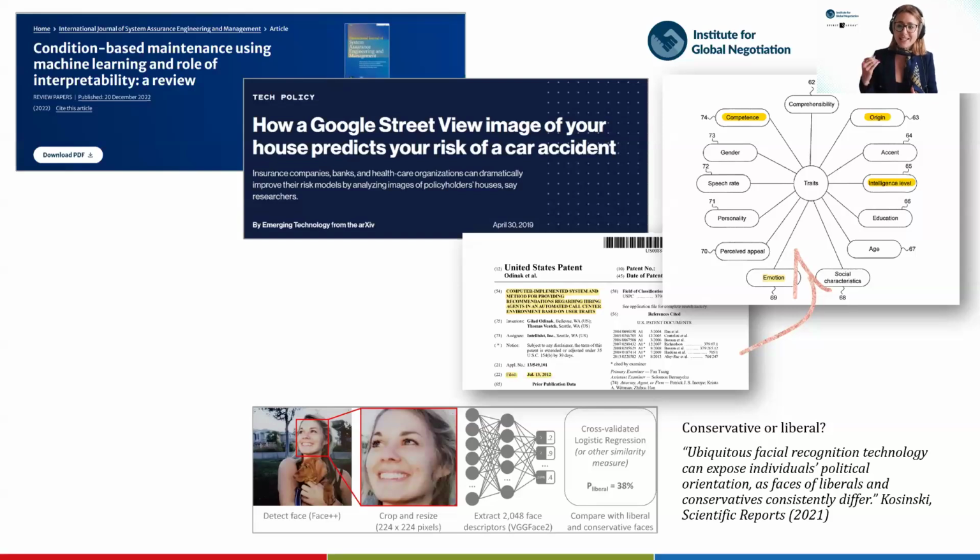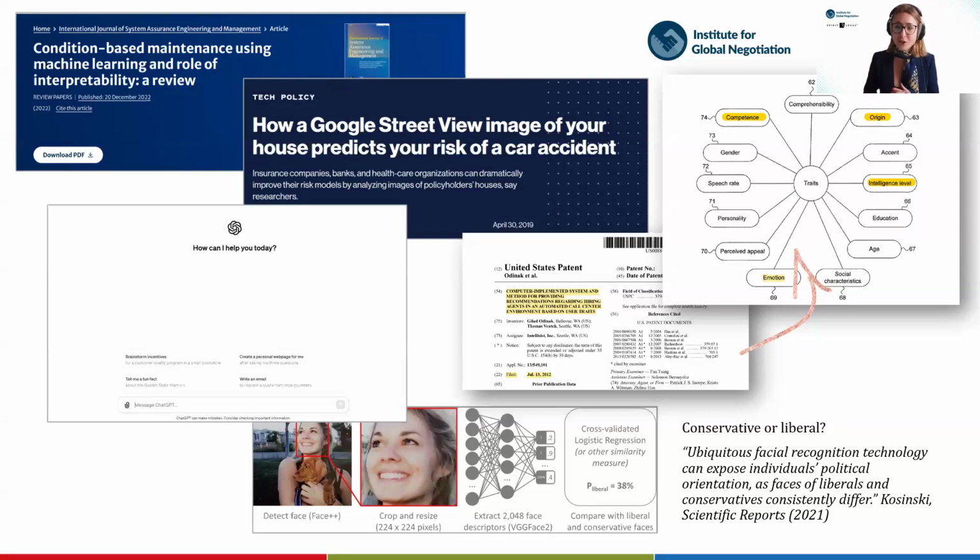And of course, then at the very end, we have the whole generative AI hype. Why is it a hype now all of a sudden? Well, because now it's actually available to all of us normal humans, and we all can begin to do something with this. Previously, with condition-based maintenance, most of the people not experienced in technology, and even me, who has done programming courses and has actually programmed things in her life, could not do very much with it. Even though from a technical point of view it is simpler, it just does not have a pretty user interface that everyone can use.